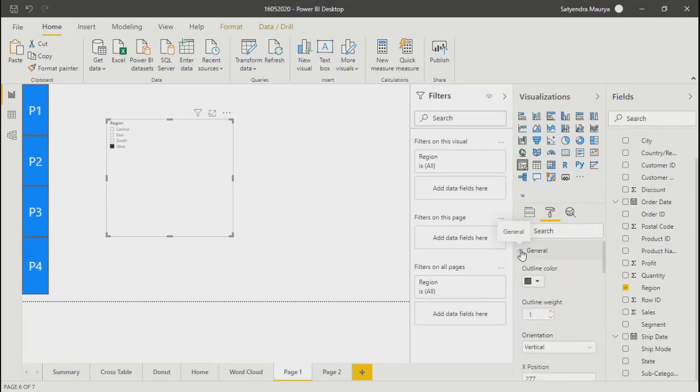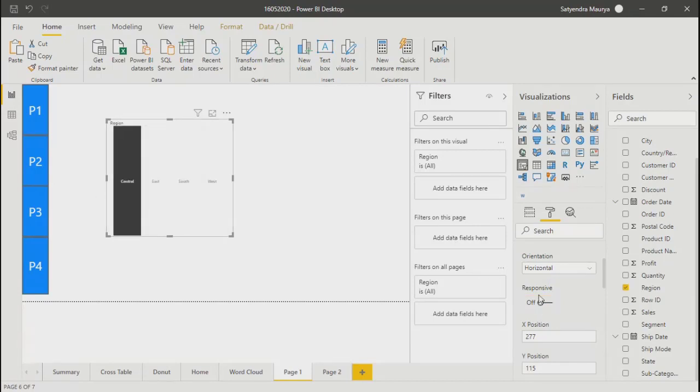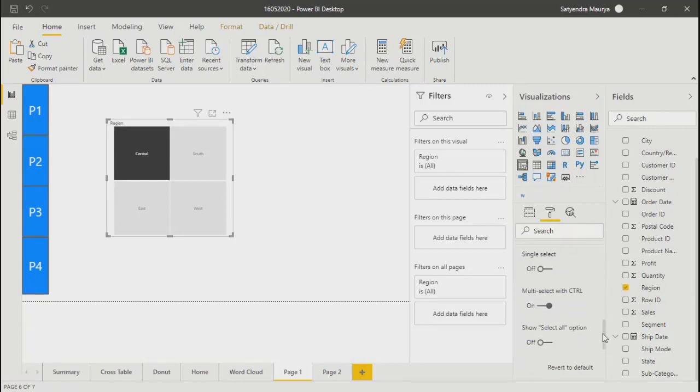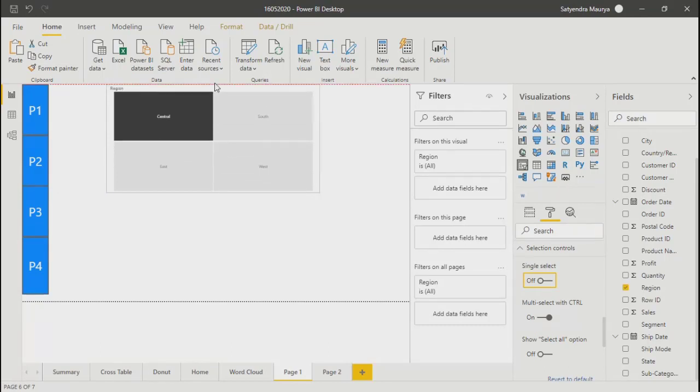Okay, starting from general. The orientation, if it is horizontal, vertical, see, responsive, not responsive. It again plays a very important role in terms of managing your UI. Single select or multi select. So you can use these objects also as a filter. It's a kind of filter only, but in visualization it will help you. So for example, if I just put it at the top,